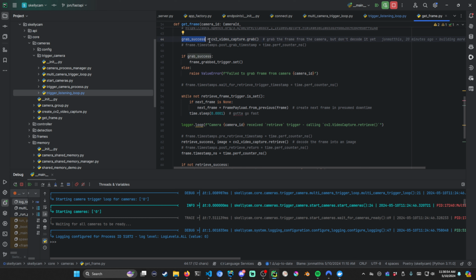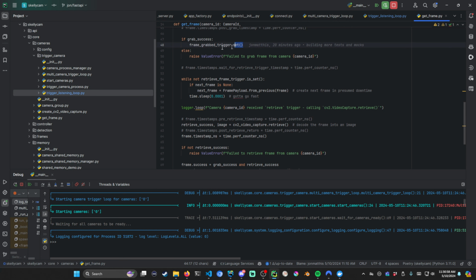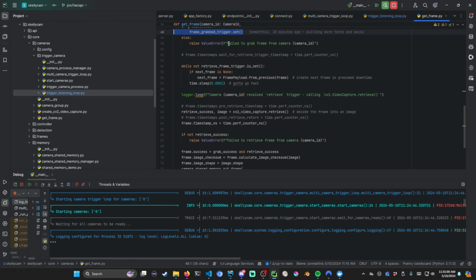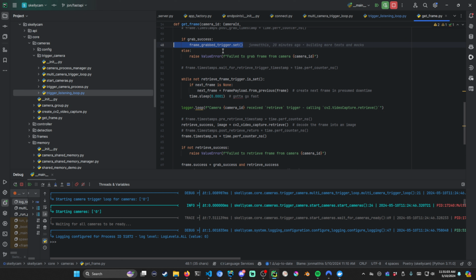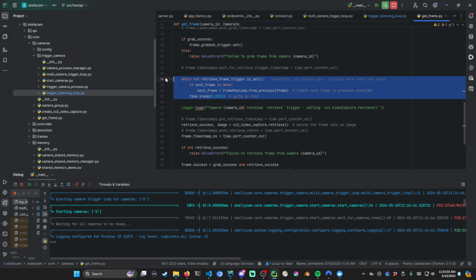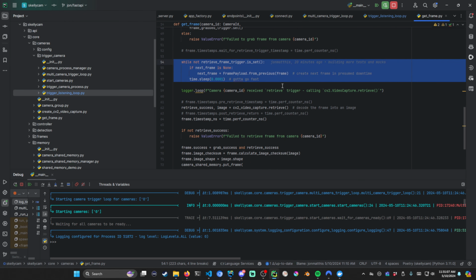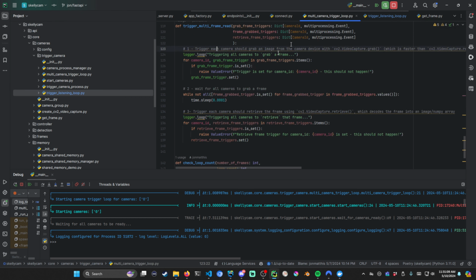There's no visual image output yet. But after it does that, it says, okay, I did it. And then the listener waits for all of them to say, okay, I did the grab. Once it hears that from all of them, it fires another trigger that says, okay,